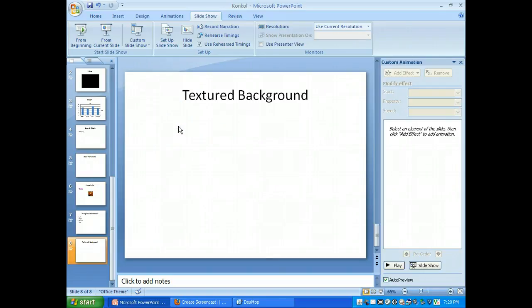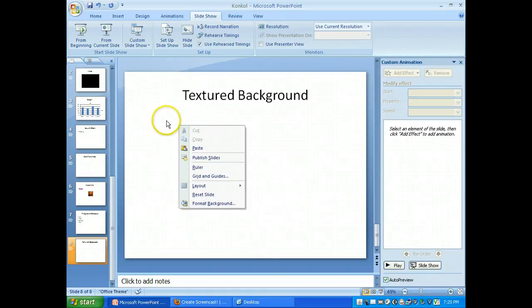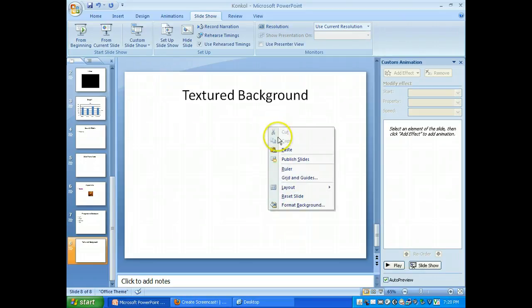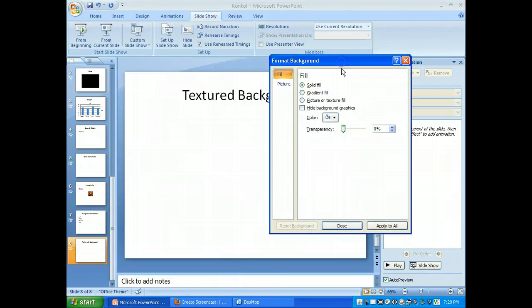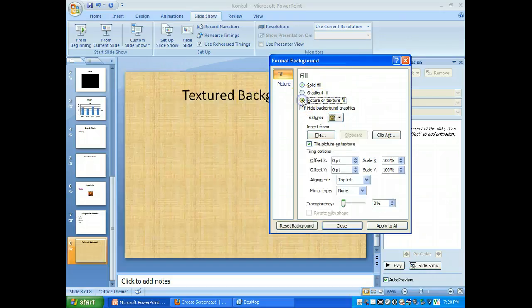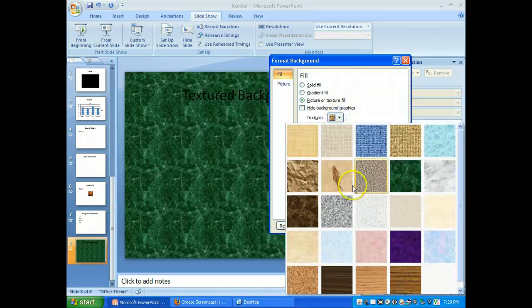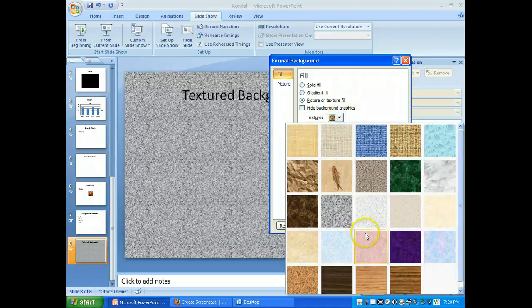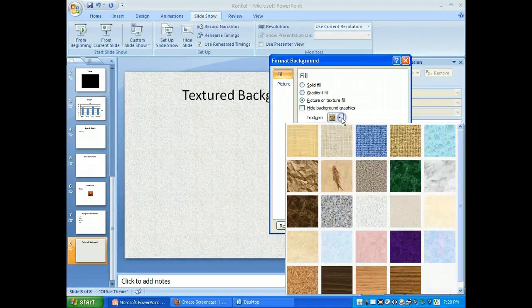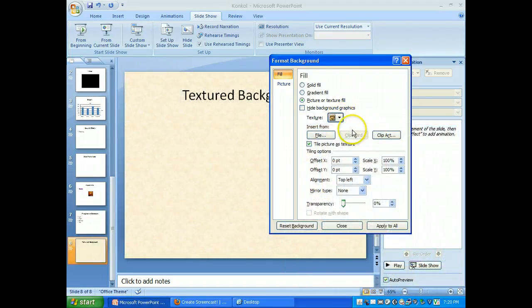Once you select it, now we're going to right click on that slide, format background, and I want us to go down to the picture or texture fill, and here's where you begin to select different textures for your slide. And again, as I told you at the first of class, this might not apply to your